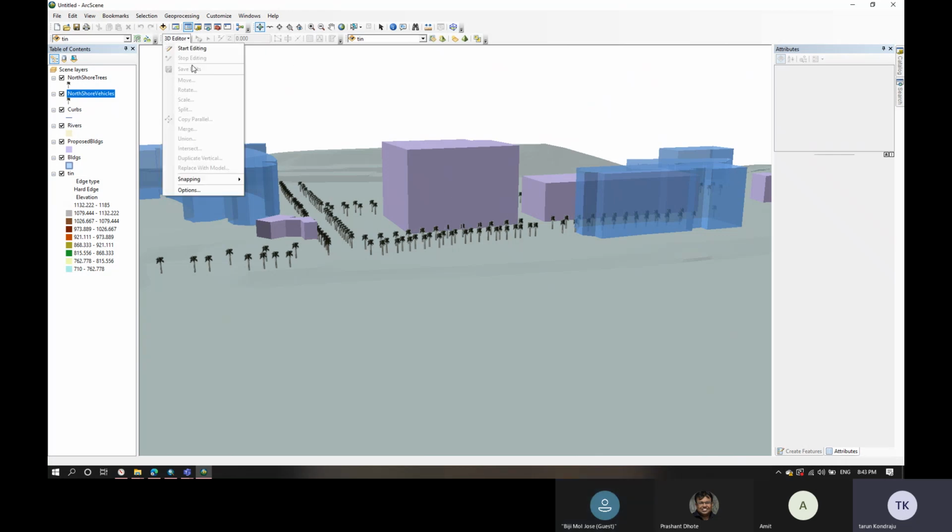See, you can actually copy. You can do the copy parallel. You can do split. You can do scale. You can do merge union. Everything you did in edit, you can do here. You can actually also do this copy paste. So, for example,